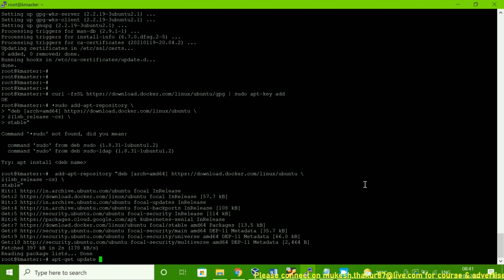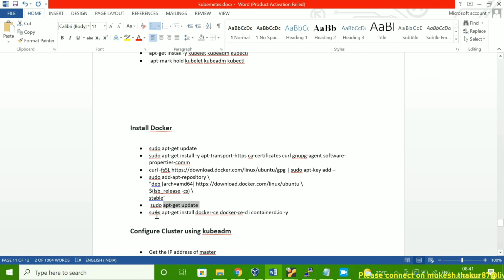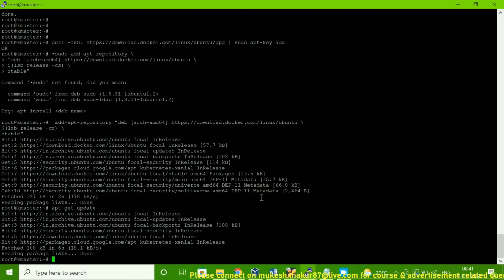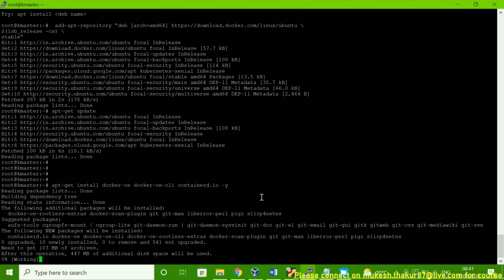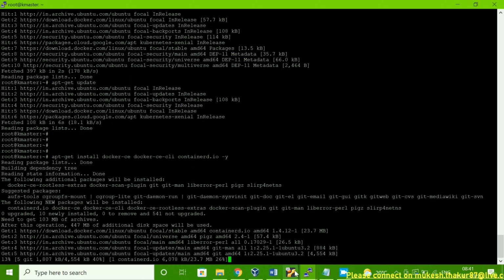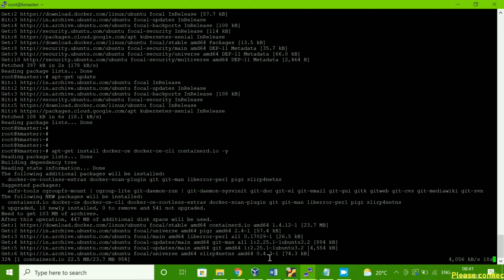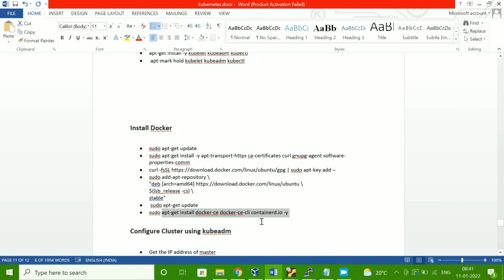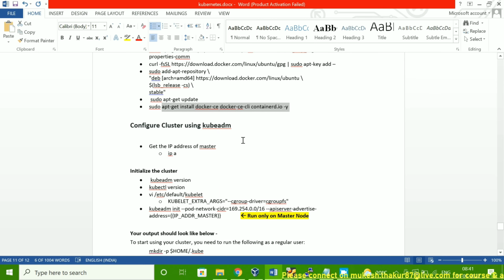Okay, done. So now we can run the update command, and then we can run this, as now we are going to install the Docker package. Once done, we have to configure the cluster through the kubeadm command.